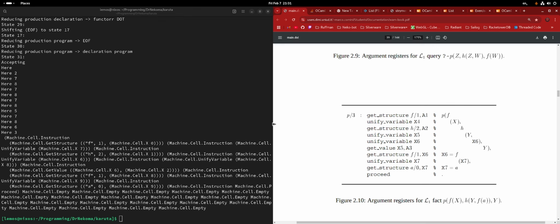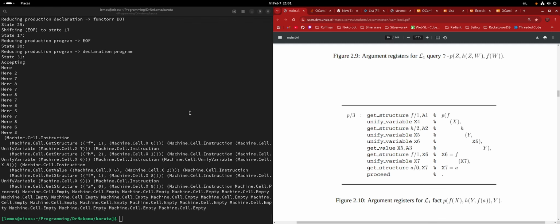Okay, get structure f1 0. Well, a is our axis, so it doesn't matter. Then we have a unified variable with x7, which is a little sus. But I think it depends on the way that we're folding stuff. So let's remember, 4 is actually 7. And maybe 7 is going to be 4. Who knows?